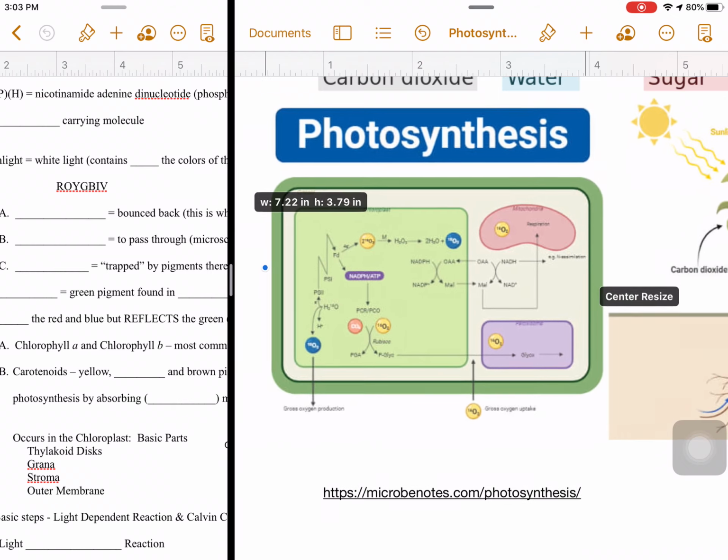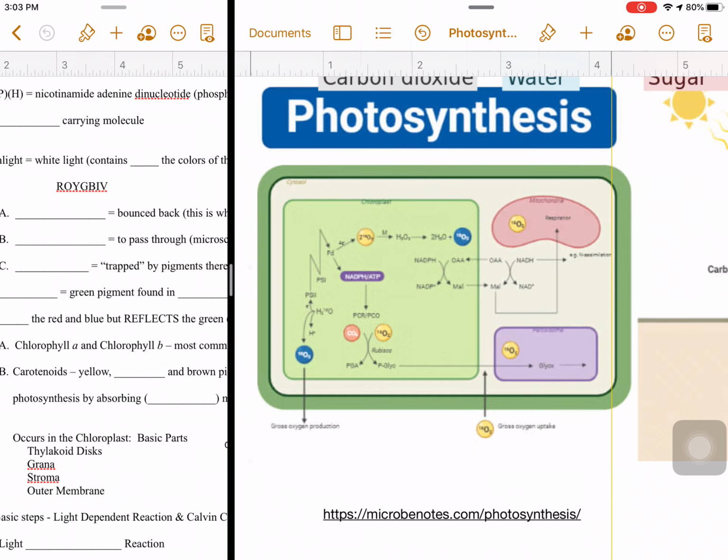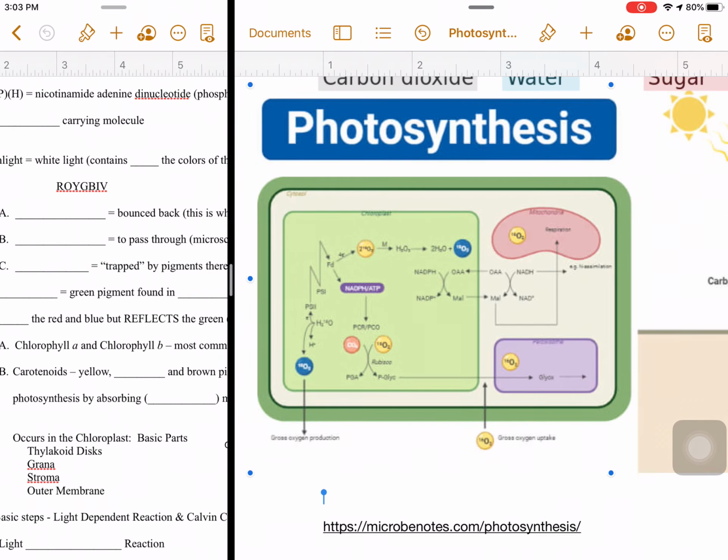I'll go through this in a lot more detail, but here's our plant cell. Carbon dioxide comes in from the outside, and it will go into the chloroplast, which is the green box. In this diagram, which I really like, it's also got mitochondria in the plant cell. Because remember, plants are making food for themselves, but they also have to break down that food in the presence of oxygen, just like animals do, to get the energy that they need from it.